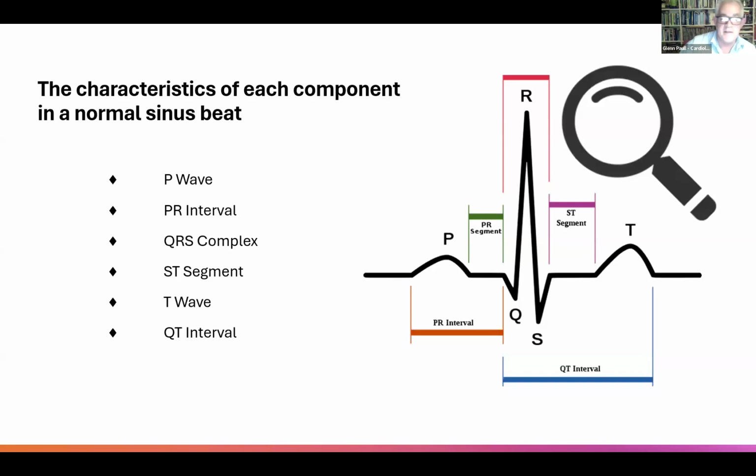When we look at each component, the P wave is the atria contracting. So you've got the SA node firing, so here, and then you've got the P wave, which indicates contraction and depolarization of the atria. You've got that PR segment, which is where it's held up in the AV node. The atria contracts, goes through the AV node, which slows things down. And then once it's through the AV node, it depolarizes the ventricles, which is the QRS, nice and quickly because it's through that specialized His-Purkinje system. And then you've got the T wave, which is repolarization